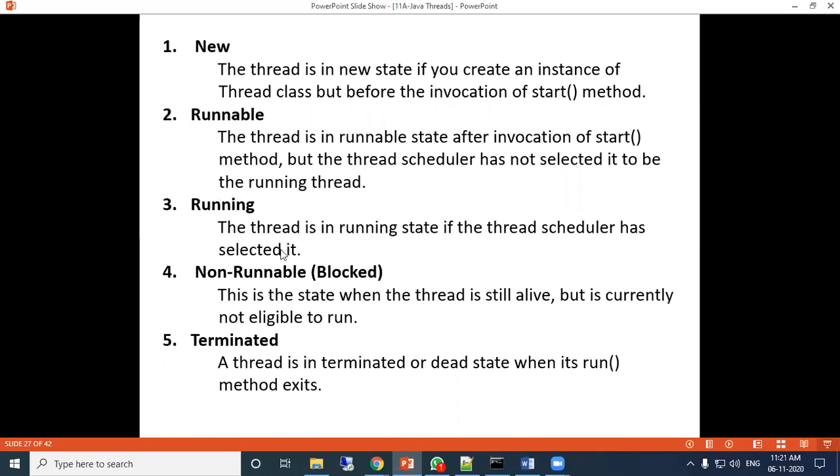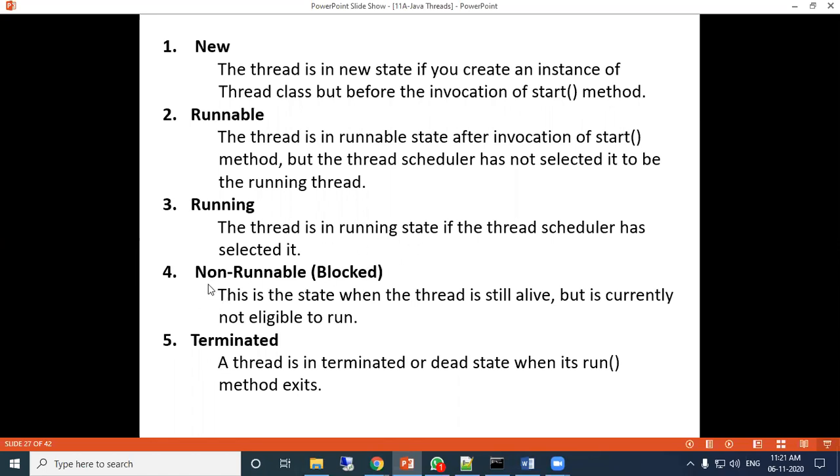Now running means the thread is in running state if the thread scheduler has selected it. We have not studied this thread scheduler yet; after some time we will see it. So each thread will get some time slot. At a particular slot, the thread will run. Otherwise, it will pause, hold, and leave the resource to another thread. At a time, one thread can use a particular resource.